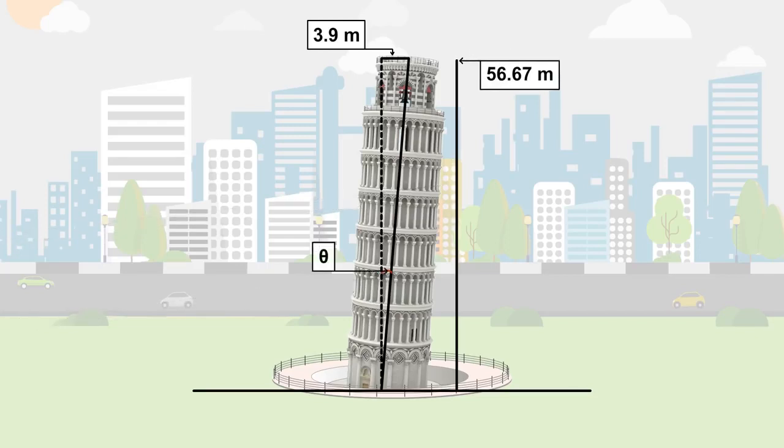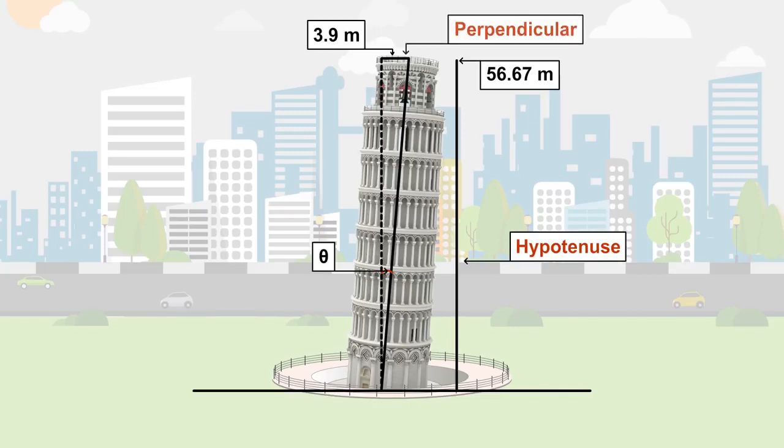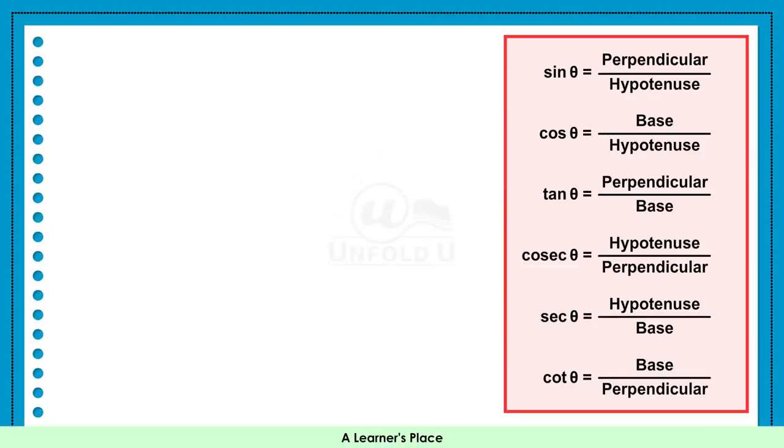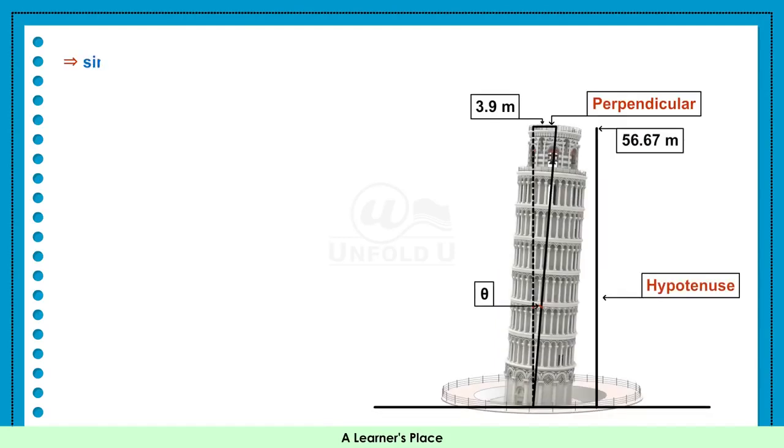56.67 meters. From the figure we can see that the height of the tower acts as a hypotenuse and its distance from the center acts as the perpendicular. So, again, they made calculations with new values of perpendicular and hypotenuse. From the table of trigonometric ratios, sin theta is equal to perpendicular upon hypotenuse, which implies sin theta is equal to 3.9 upon